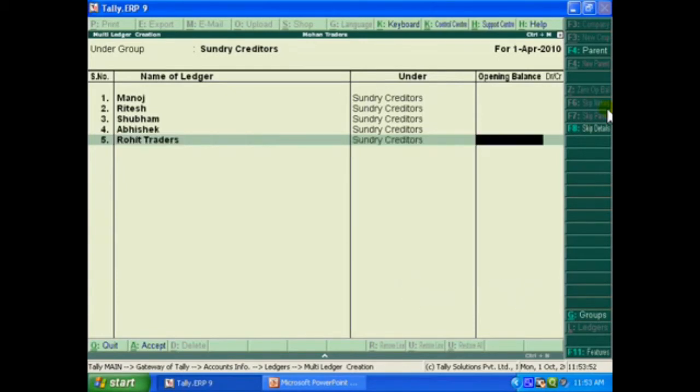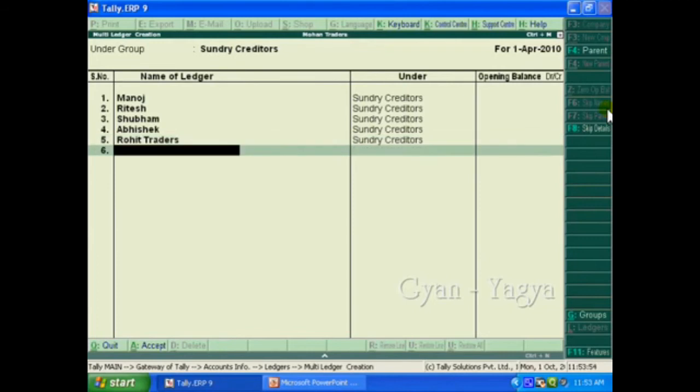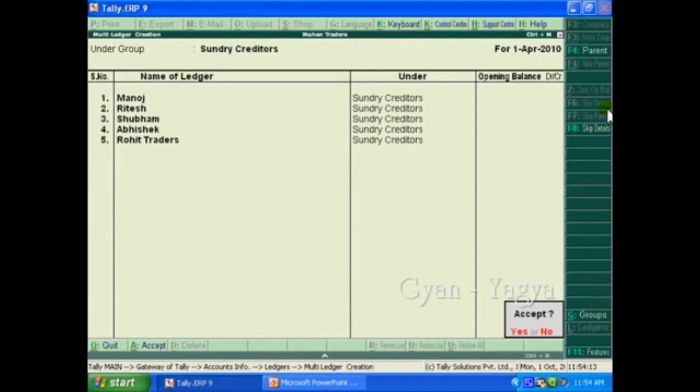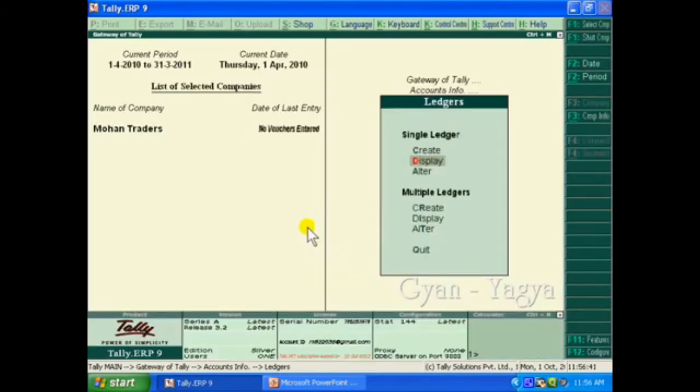We have entered Rohit Traders also. Press Enter to continue. We will get a message as Accept, Yes or No. To accept the updated details in Tally, choose Yes. Now we have successfully created multiple ledgers in Tally ERP9.